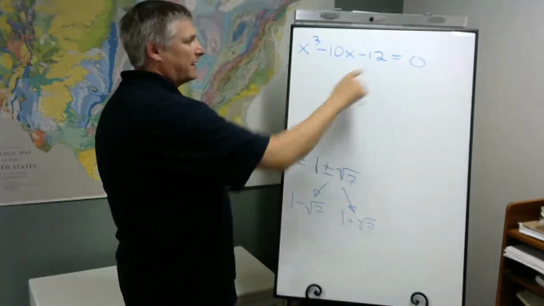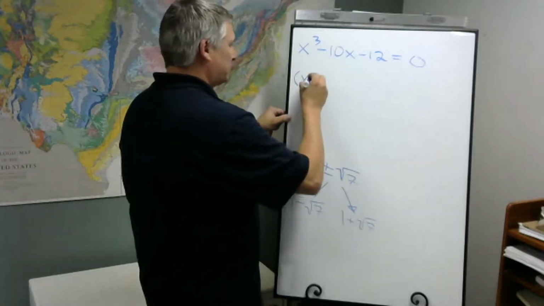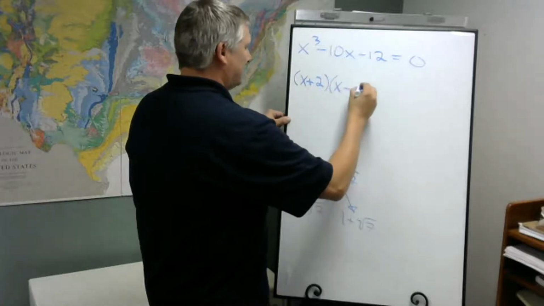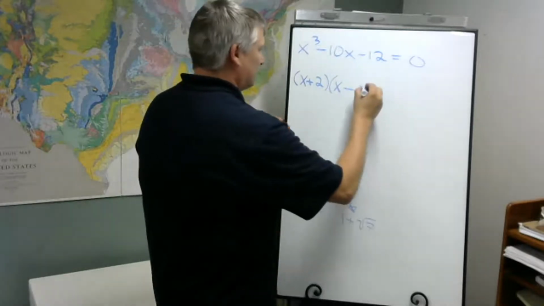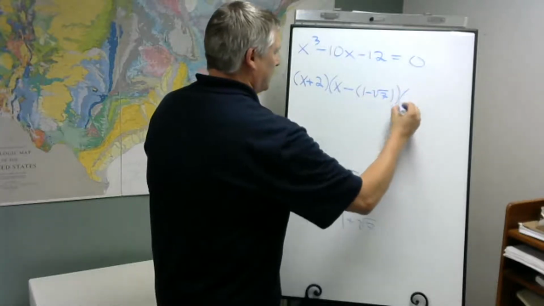This can be broken down into a product of factors. That first one, x plus 2, then x minus 1 minus root 7, and then